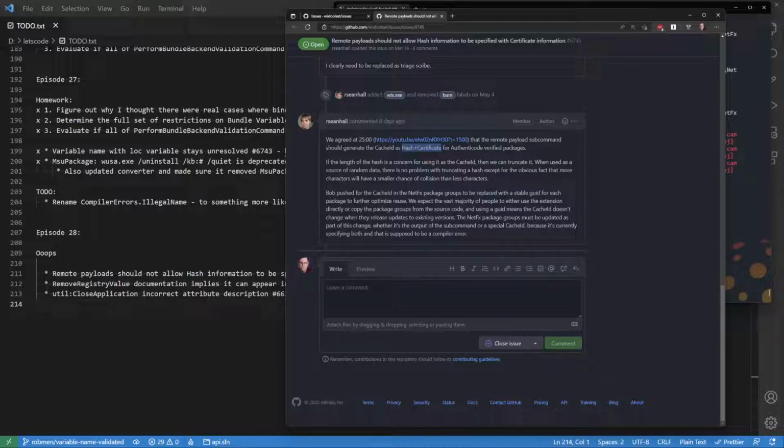So we'll have to pick how many characters we use, but that's where we're going to start. And then also in that call, Bob pointed out that rather than using a bunch of random, clearly hash-generated strings, we should pick a cache ID that people would recognize for the NetFX package groups. So that if someone wants to look at our logic, which is something people do, like, oh, I want to use NetFX, but I want to tweak a couple things, they can look